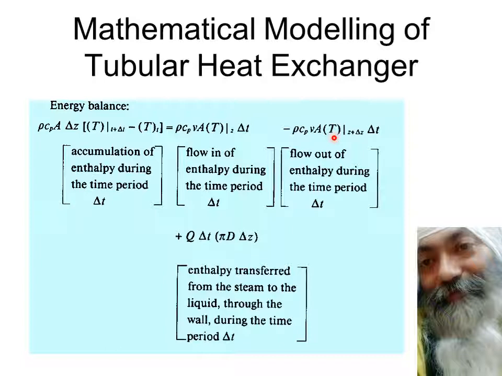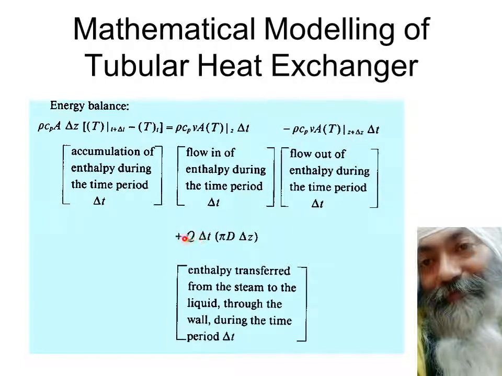So whatsoever is moving out with a higher enthalpy. What's flowing out, because it's flowing out, that's why we have a negative sign over here. And also the same thing as we had over here, with the only difference that here the temperature was at point Z, here the temperature is at point Z plus delta Z. So this is the only difference, otherwise everything is the same. You have same velocity, same area, same Cp, same rho, and same delta T. So this goes with the negative sign.